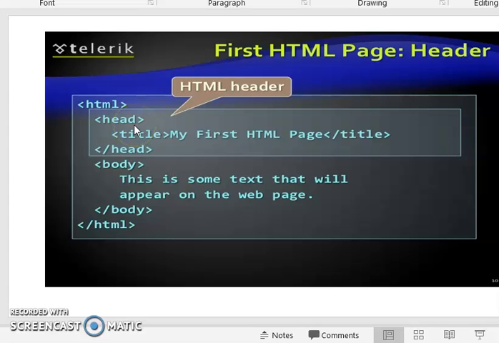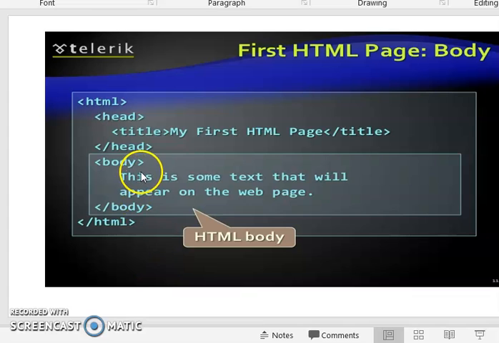So if you want to display some header information, we can put it in the head tag, and this head tag contains the title tag. This title tag can only be enclosed within the head tag. This is the header information.